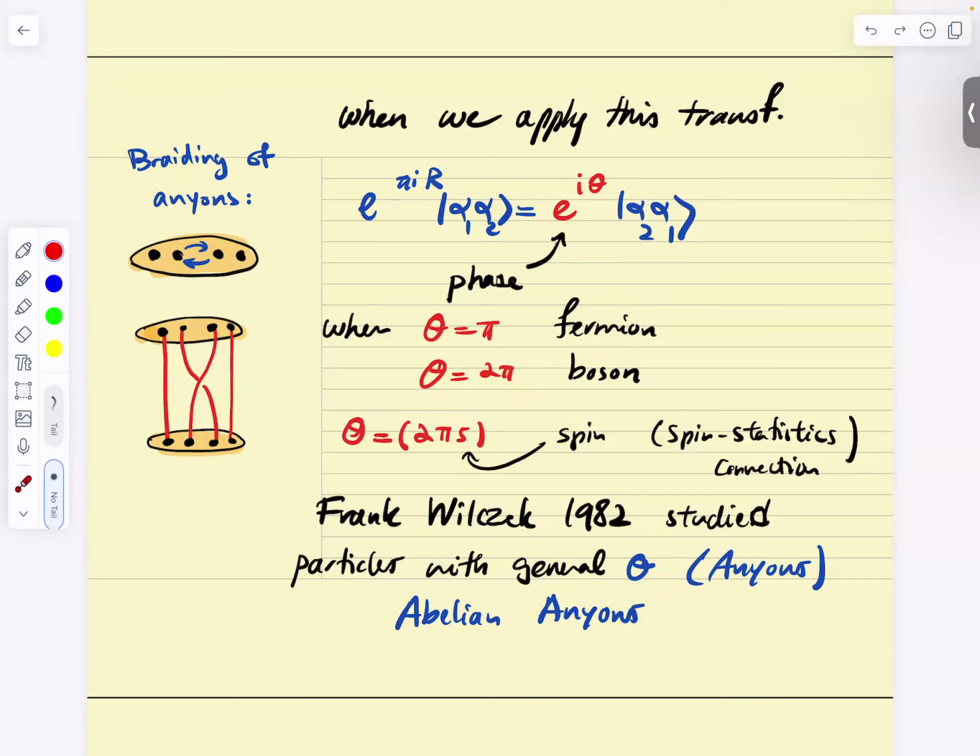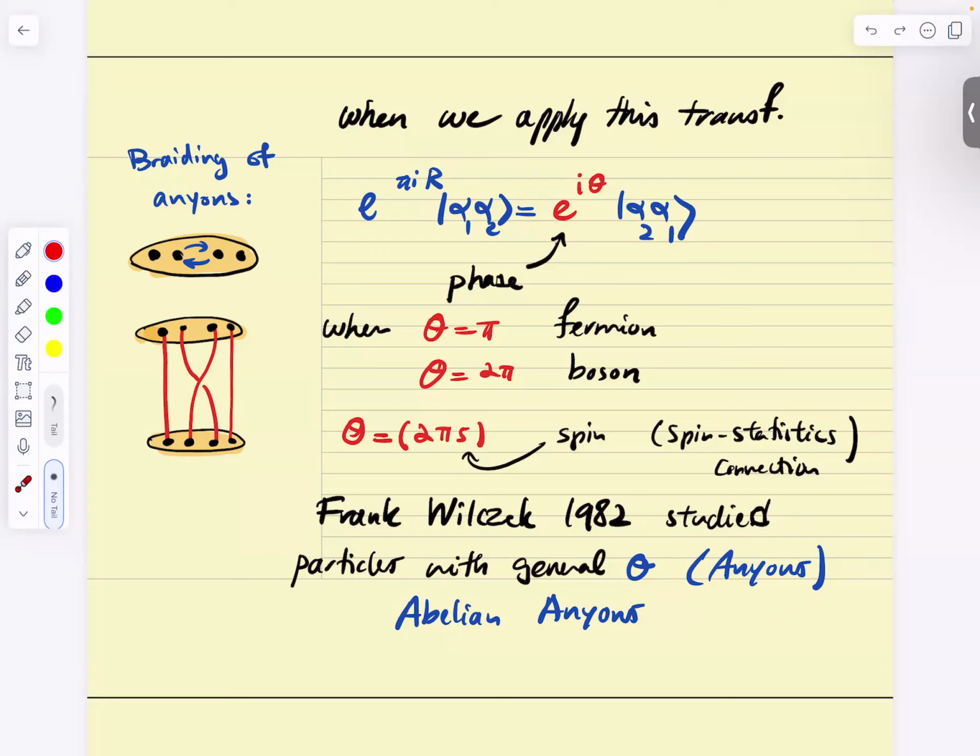I called the spin statistics theorem the connection. It tells you that this variable is the same as spin, because when this variable is half integer, this is 2k + 1 pi, so this comes as a minus sign. When it's integer, this comes as an integer multiple of 2 pi, and you get +1. So this is a generalization of bosons and fermions. When it's any generic theta, we're going to call it an anyon. We're going to call it an abelian anyon.